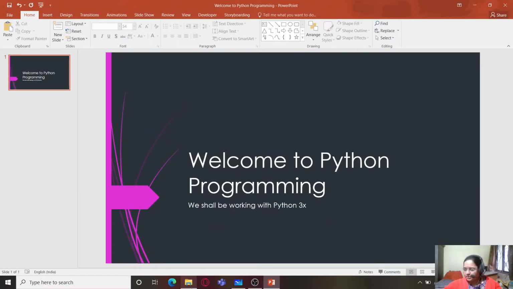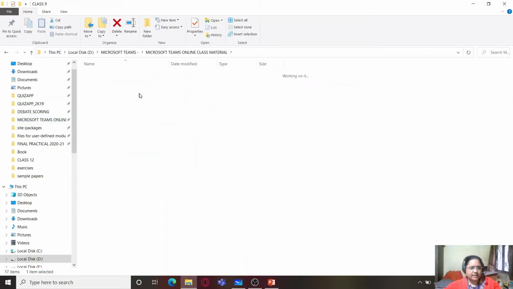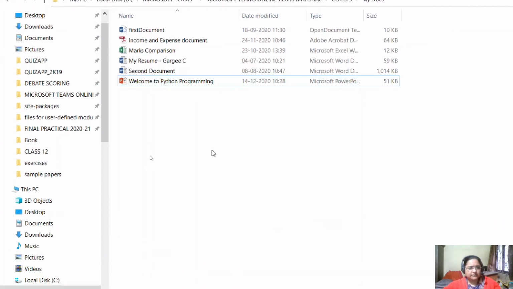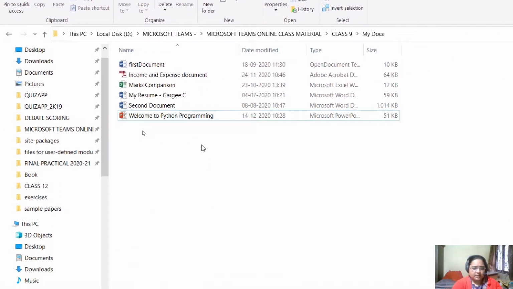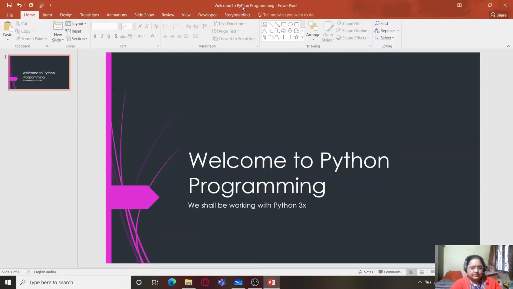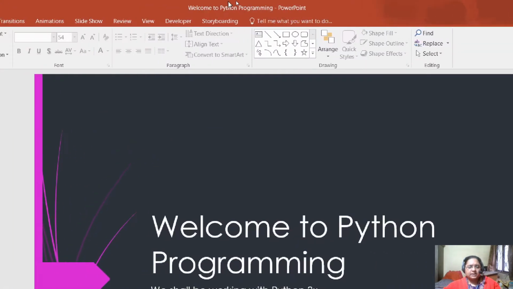If you want, you can also see it, you can locate it. So we'll just go to the Explorer and we will select this Microsoft Teams class 9 folder. And here you'll be able to see welcome to Python programming, which we saved recently. So that was about saving it, and you can also see once you save your presentation, its name appears on the title bar.